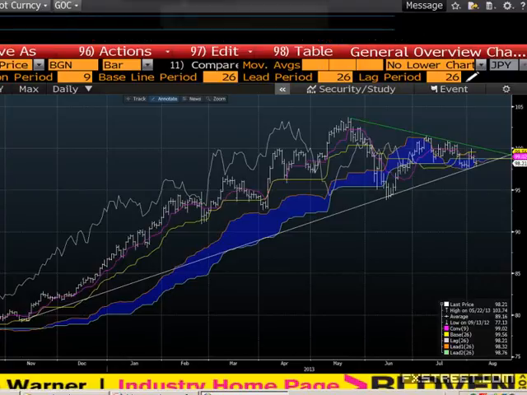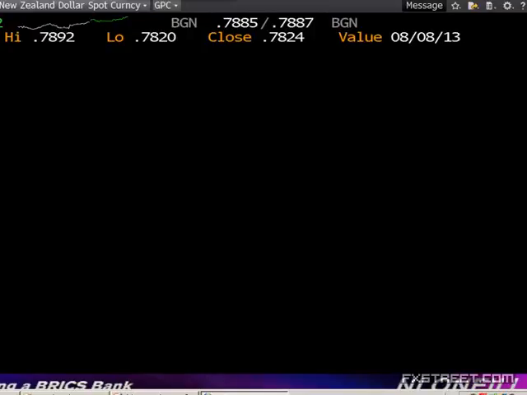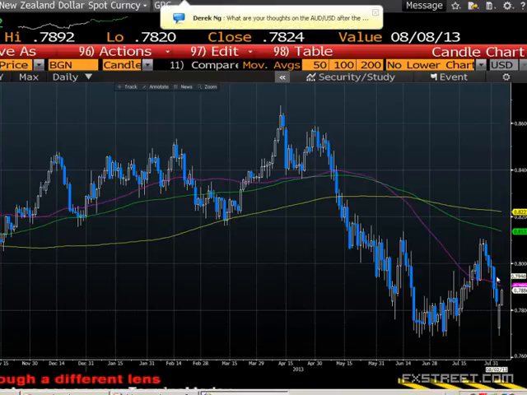Before we go, though, I want to show you the Kiwi, because we have got some important data coming out overnight. We've seen a nice recovery in Kiwi. We've bounced off this low here, which is sub 77, corresponding to this low from the end of June. Moved higher, 79.05 now is the resistance level of note. It is the 50-day moving average. Above that, we get 79.5. Again, it's all going to be about employment data, and then on Thursday the 8th, we also get